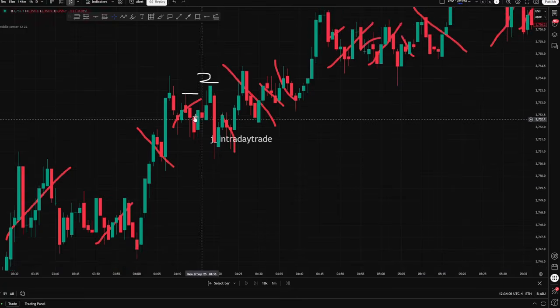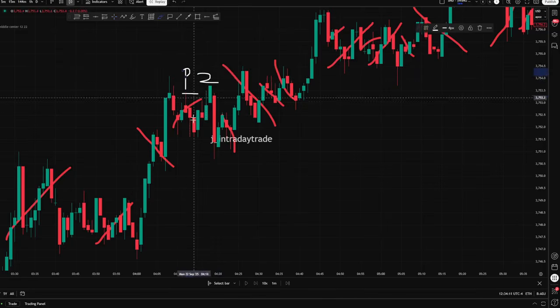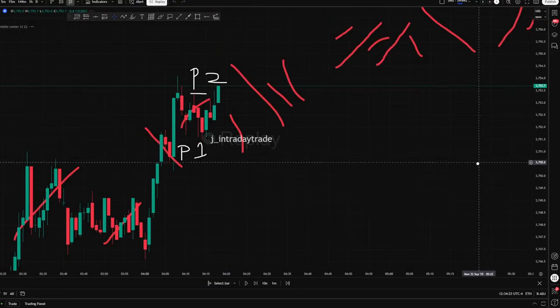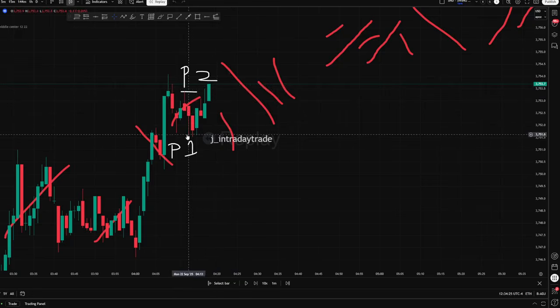Within those breathing rooms, you can create a potential 2. That's a potential 2 into a potential 1. The reason why I say that is because if we run back into here, right now we just have price sweeping this breathing room, sweeping this breath, and then it might run lower into that 1 down here. And the reason why this is a potential 1, this is also something people get stuck at.